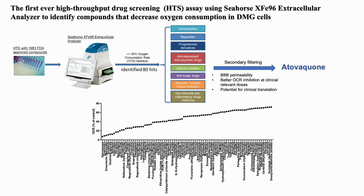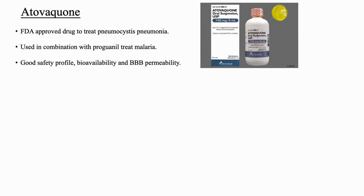These hits were further filtered against more criteria, including blood-brain barrier penetration, less toxicity, higher oxygen consumption inhibition, and potential for future clinical translation. The best candidate we found here is called atovaquone. Atovaquone is an FDA-approved drug to treat pneumocystis pneumonia, and it is also used in combination with proguanil to treat malaria. It has a good safety profile with minimal toxicity observed in clinic, and its bioavailability and blood-brain barrier permeability are